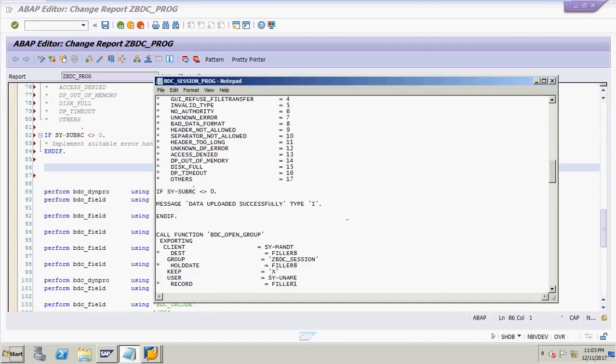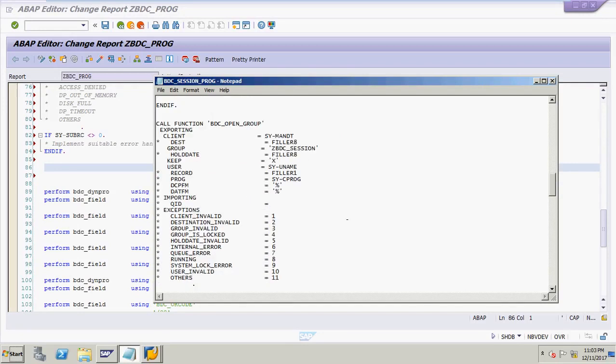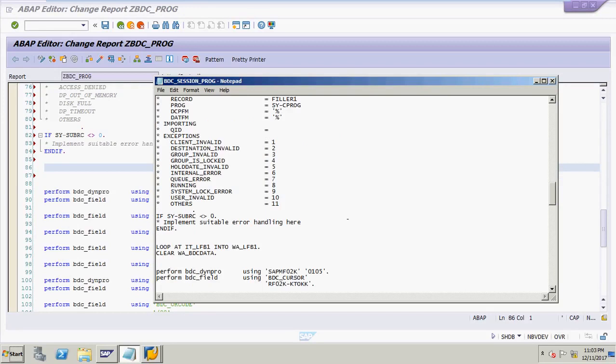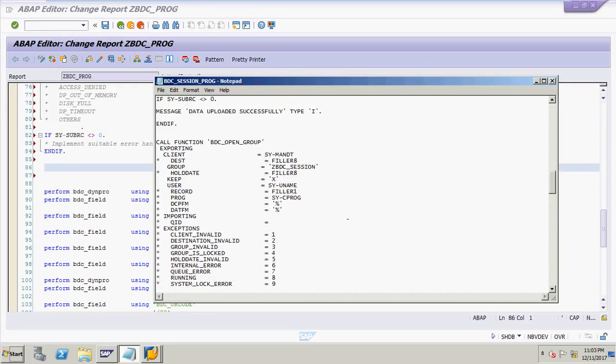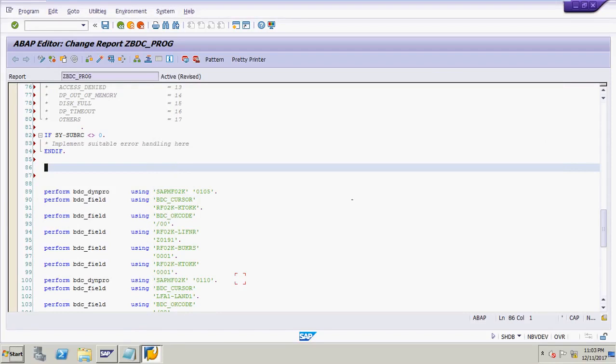These things have completed. Now you have to write the BDC_OPEN_GROUP statement: PERFORM BDC_OPEN_GROUP.